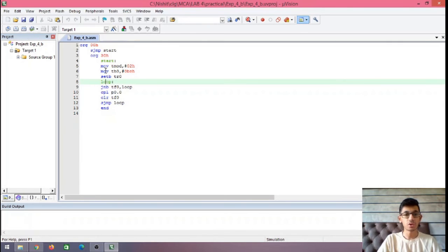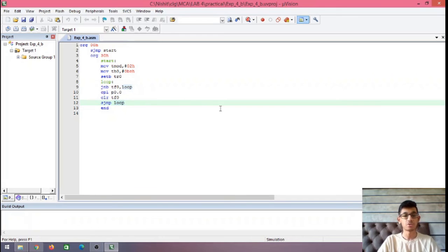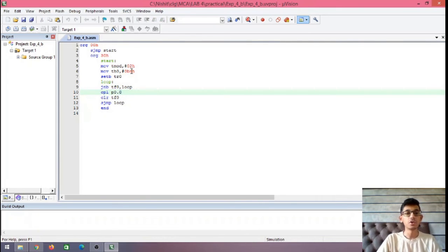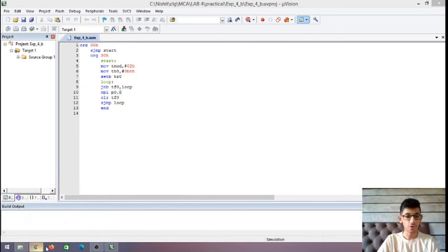So here we do not need to go here and set the value of the TL register again, as it is an auto reload mode, so TH will automatically give the value again to the TL register as soon as the overflow flag is set. So here also we do not need to change the value which we got from here.